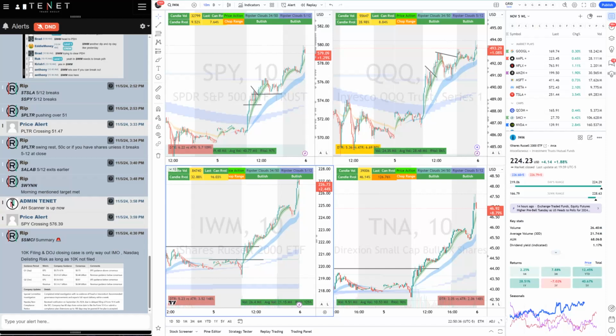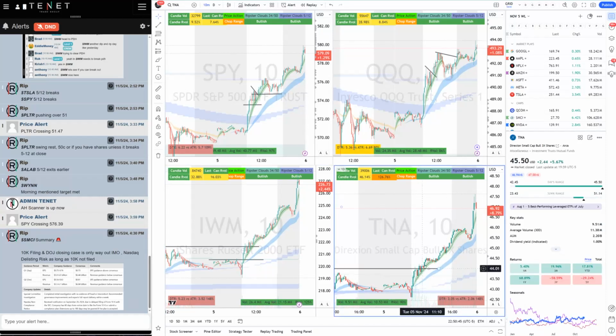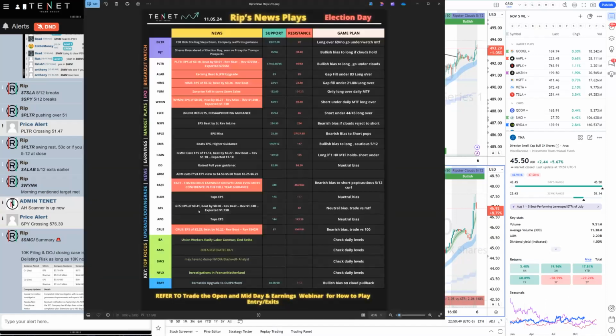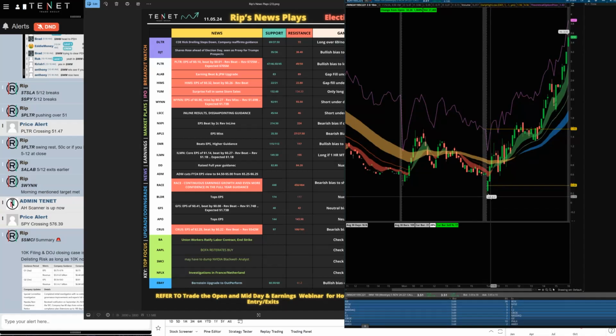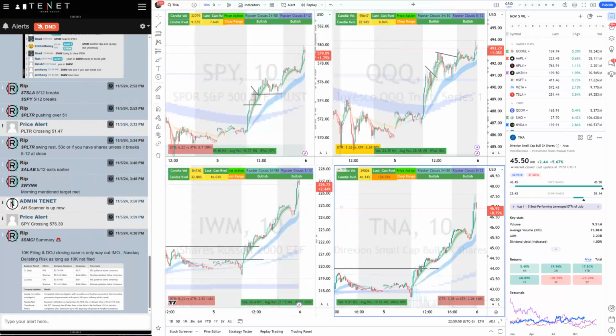So of course, the market is pricing in the Trump victory, so that's why a lot of these names were pretty strong. You could trade TNA shares, which went from 43.50 all the way to 45, make some nice money there, or you could trade the 221 calls on IWM, which went from like 40 cents all the way to $1.40. IWM is a pretty nice one for small account traders. Moves nicely, so it did good. So let's go to the next one.